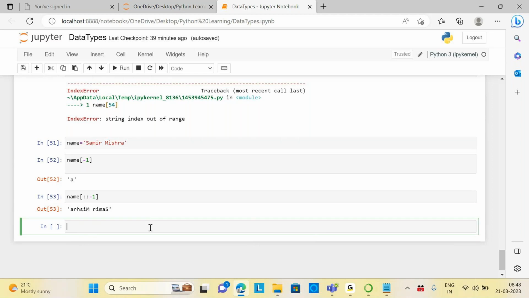I think I'm done for this, and tomorrow we'll discuss more slicing. This we need to master actually. I will put some examples, and you need to practice more on this part, like slicing and dicing, because it is very much required when you do some kind of Python project. Okay,